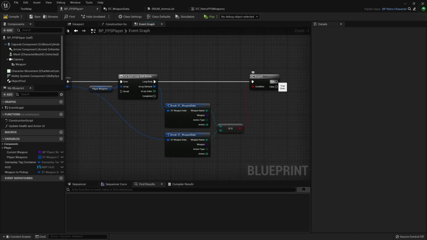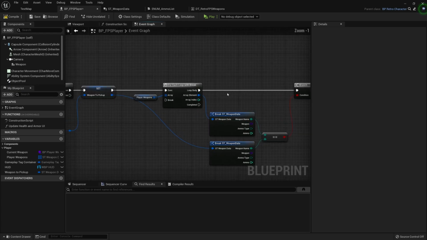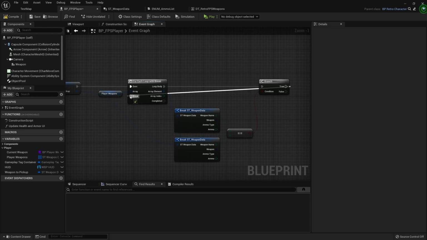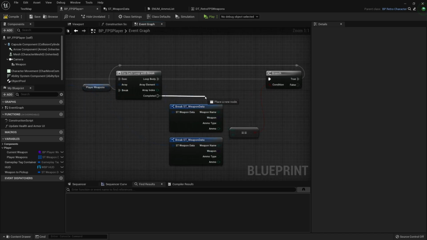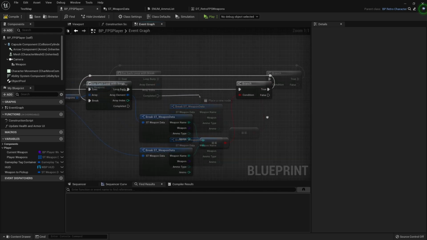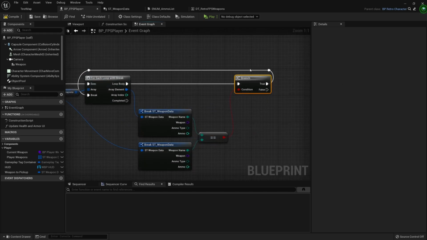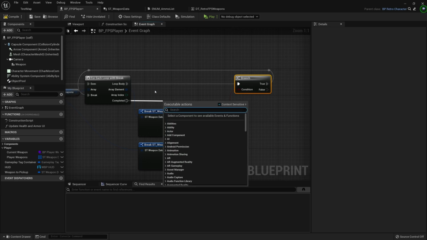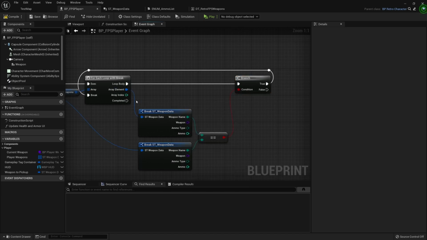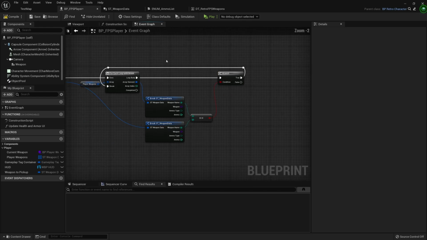And if it's true, then we're going to be breaking this, right? So we'll go over to the break, meaning we found it. And then the completed pin is going to run. However, if we were to end this, be it through the true method, or if it's false every time and there is no weapon in here, it's still going to run the same completed pin. So we need to store whether or not this is true so that we can check that after this is completed.